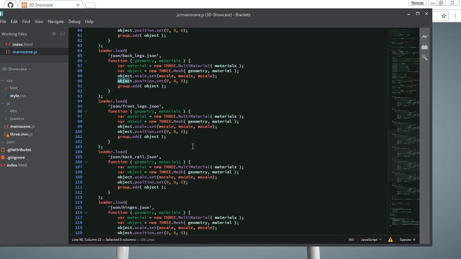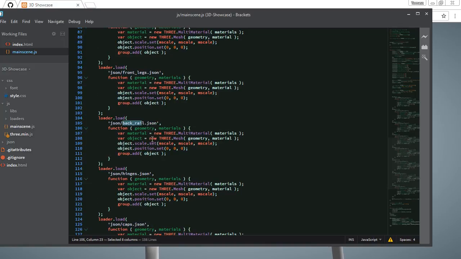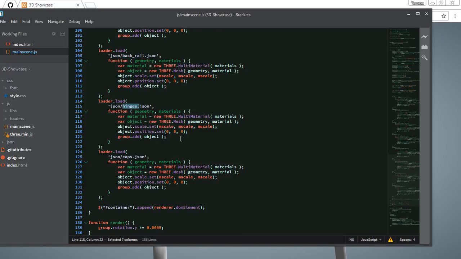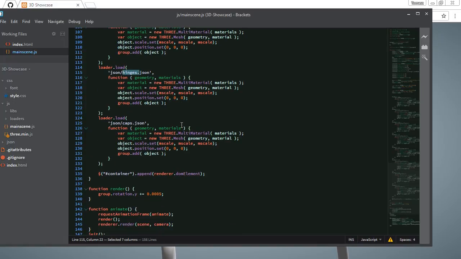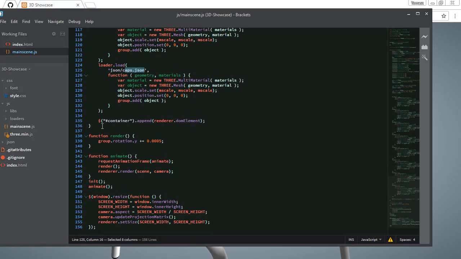And I did it for all of our models, the models that we extracted from Blender, and that is legs, front legs, back rail, hinges. If it does have any, I thought it was like not molten, but what's the word, welded. But anyways, caps, that's the rail caps, and in the end we type in the container